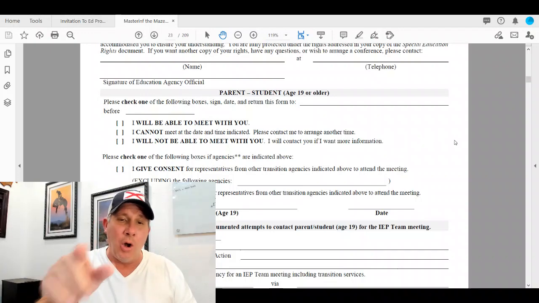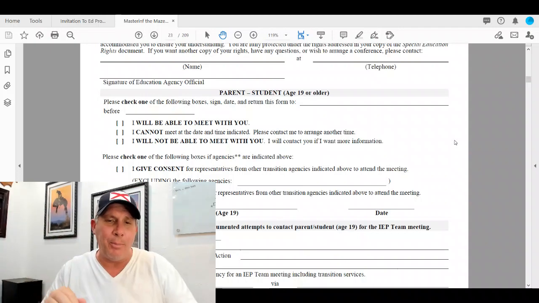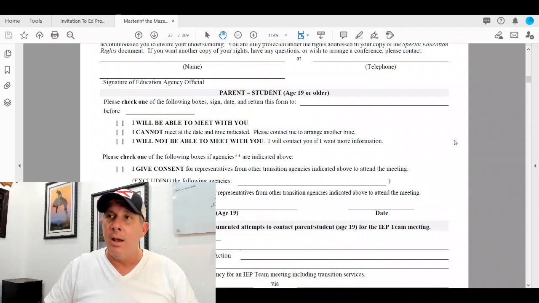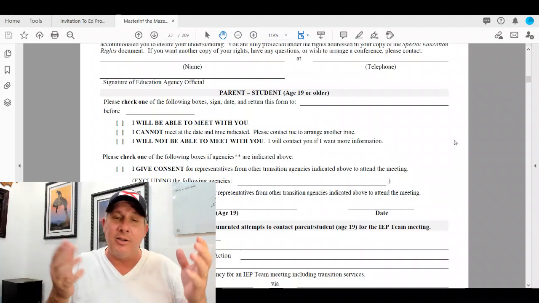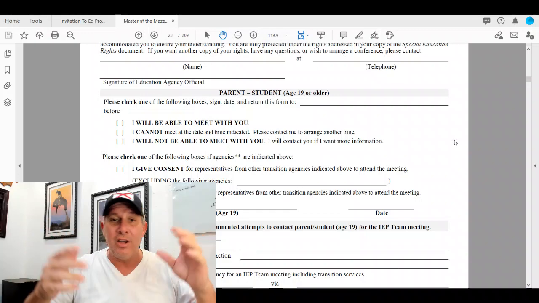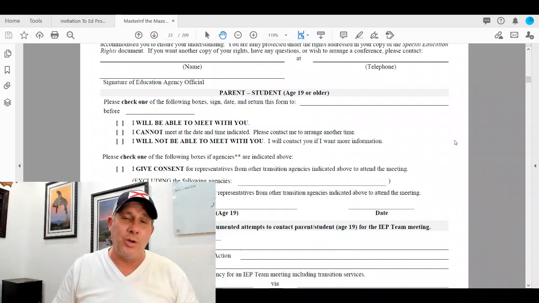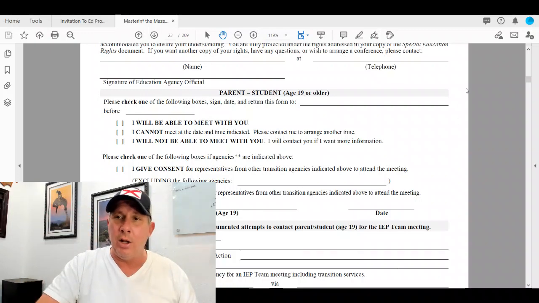And I would write it on the form, rather than the whole thing where it says please contact me on a separate line of communication. You can do that, guys, but I can sit here and tell you that you don't want to get into this he said, she said, or she said, she said situation. It's just better to use the official documents and communicate on those documents because, and I'll show you why.